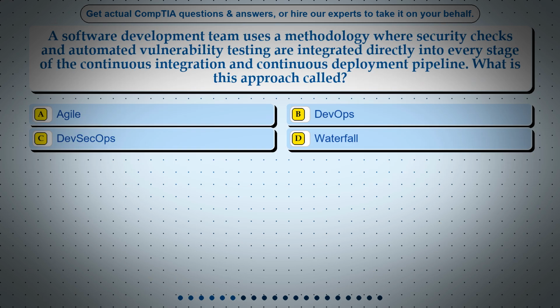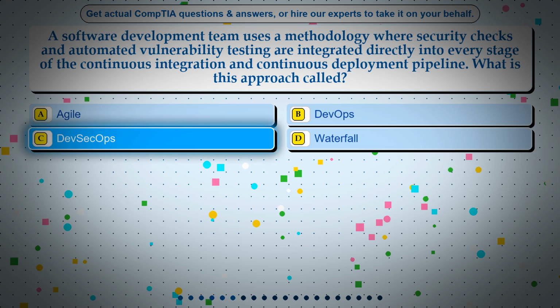Question 6. A software development team uses a methodology where security checks and automated vulnerability testing are integrated directly into every stage of the continuous integration and continuous deployment pipeline. What is this approach called? Option A, Agile. Option B, DevOps. Option C, DevSecOps. Option D, Waterfall. The correct answer is option C,